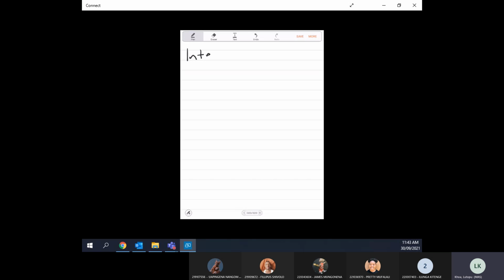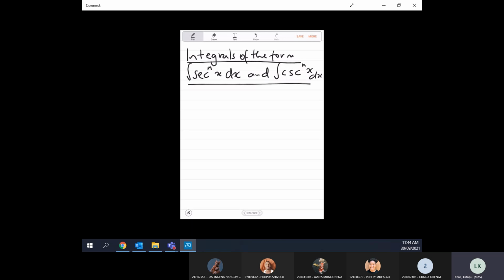Our integrals of the form the integral of sec to the power of n of x dx, and the integral of cosec n of x dx. Okay, so when working this out, we look at the two cases when n is even and when n is odd. So if n is even,